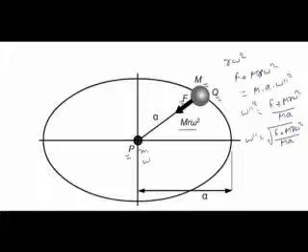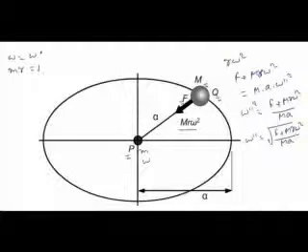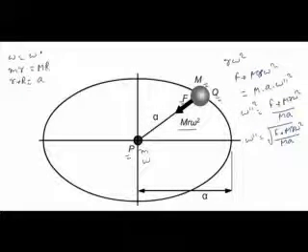Now we have already seen that if these two objects are moving with angular velocities omega and omega dash, then omega was equal to omega dash, and m into small r was equal to capital M into capital R, and r plus R was equal to the distance between the two objects, that is a. So from here we got